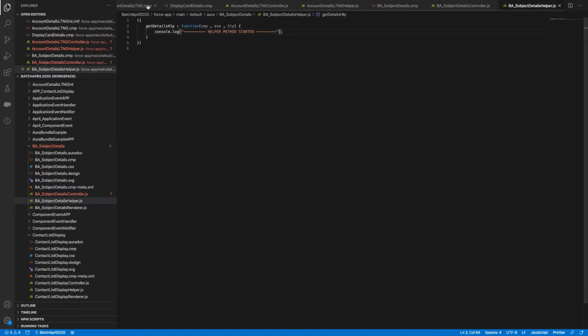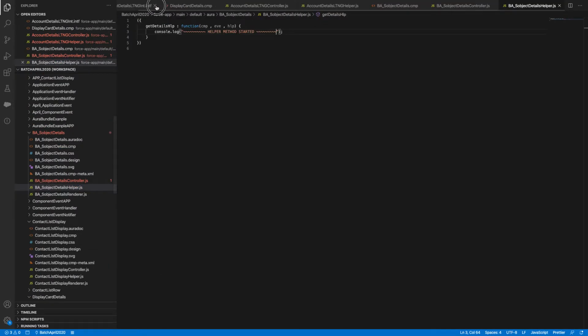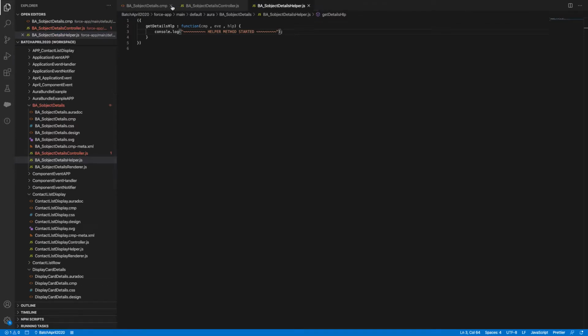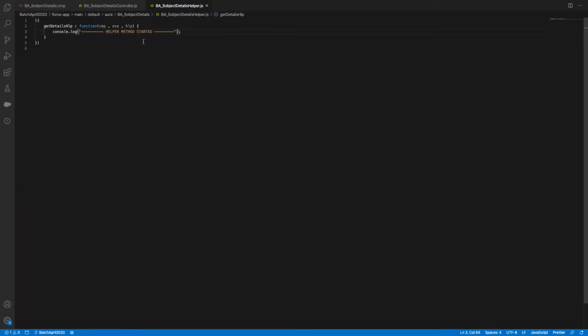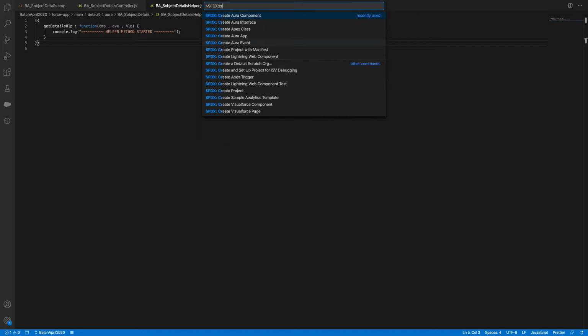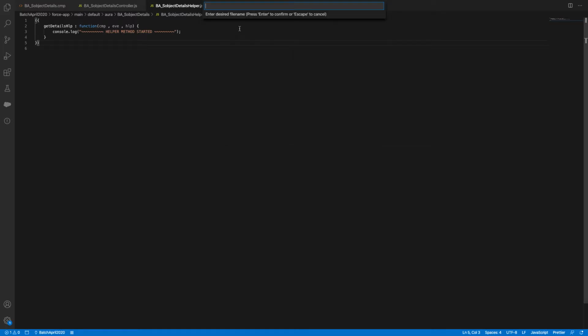And what we need to do now, let's say I'll close these things now, account display, which we don't need for now. Base, object, details, yes, these are the three things. Then we need to create our server controller. So for that, sfdx colon create Apex class. Apex class in the sense S object service class.